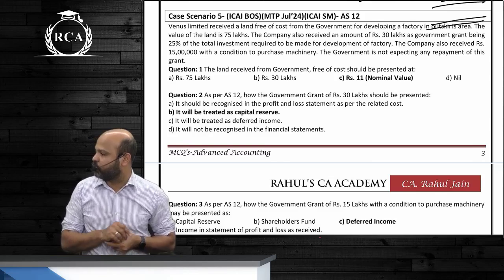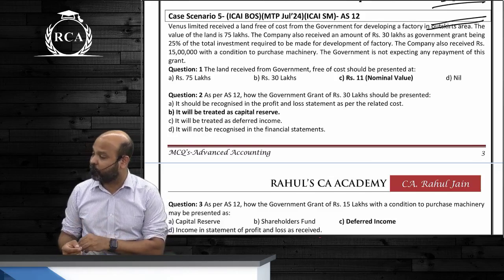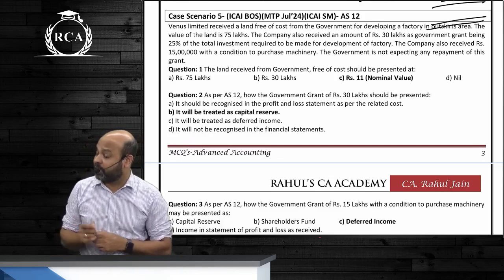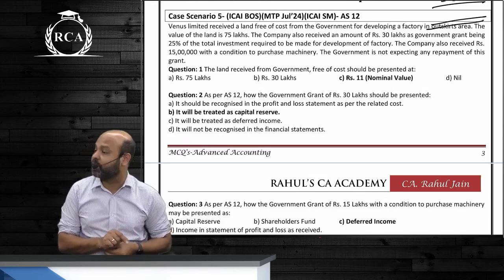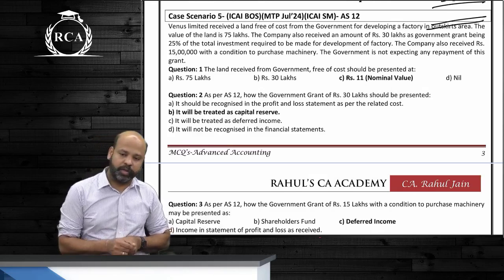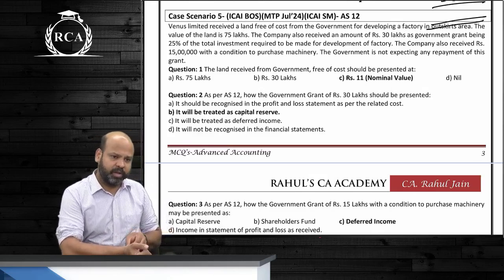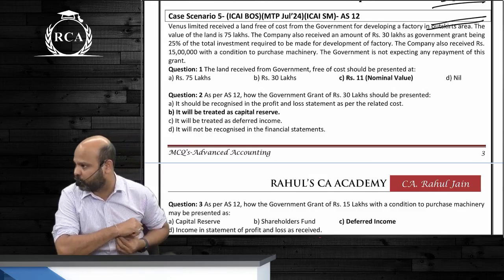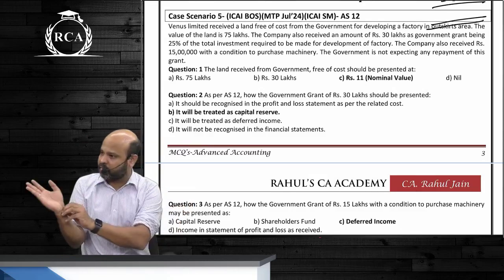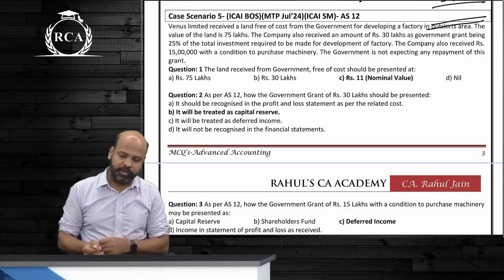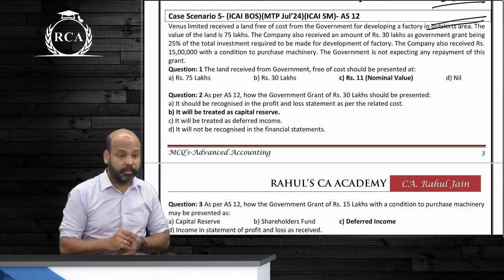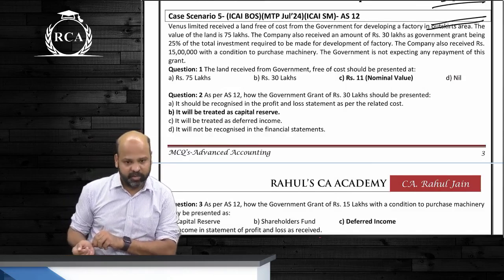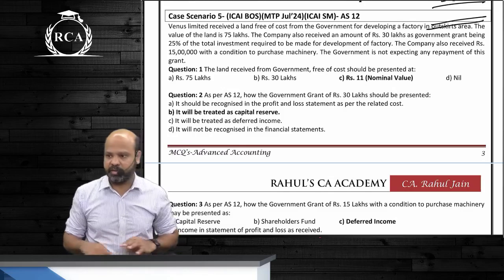If the grant is in relation to a specific non-depreciable asset, you can either reduce it from the cost of the asset or transfer to capital reserve. In case there are conditions yet to be met, then you can transfer it to deferred government grant account. In case the grant is in respect of a revenue expenditure, transfer to P&L account. In P&L account, there are two presentations. Either show the expenditure net of grant or show expenditure separately, guys, and show grant separately under other income. Any refund of grant is always to be considered as an extraordinary item. Receipt of grant will be considered as extraordinary only if it is in respect of past expenditure guys or as immediate financial assistance. Does it ring a bell?